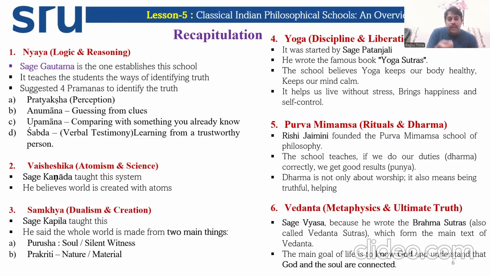So in the process of identifying the truth, you have to look for clues. The clues which will help us to identify the truth behind it. That is called Anumana, which is another Pramana. And the third Pramana is Upamana, comparing with something which you already know. For example,